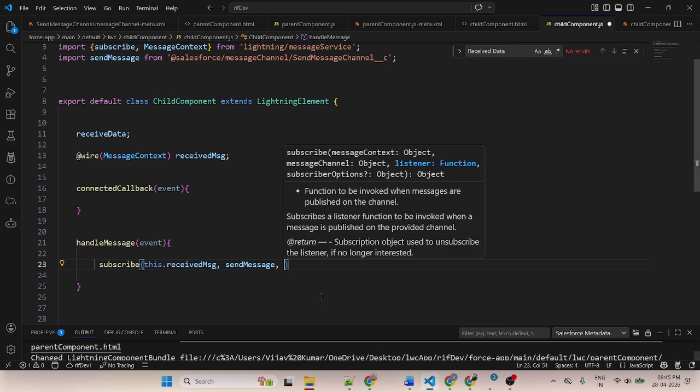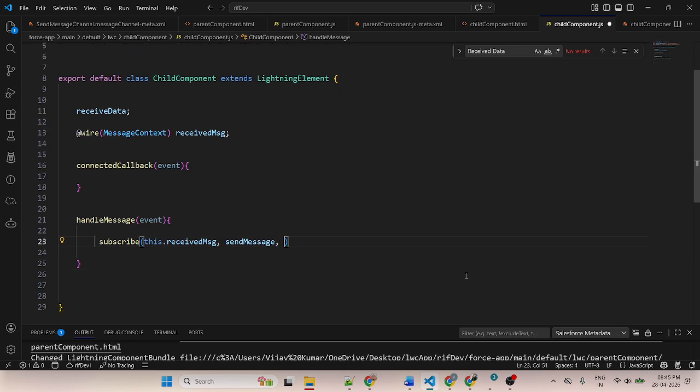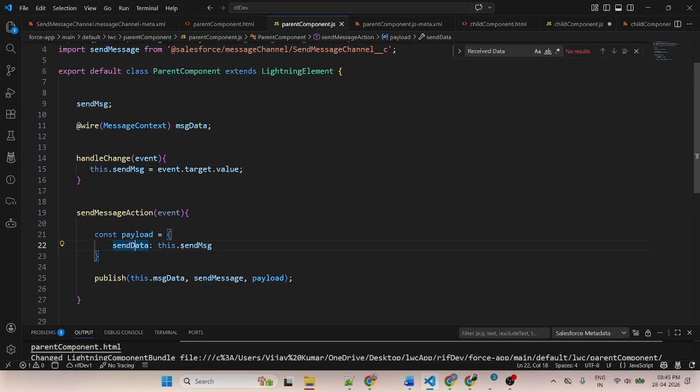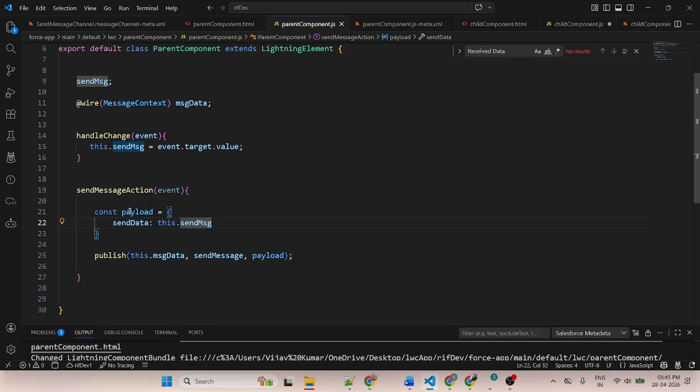After that, here I will receive the data sent by the parent component. The payload holds the input value. This is a key, this is a value, and this is an object. So this object I am passing as the data payload.